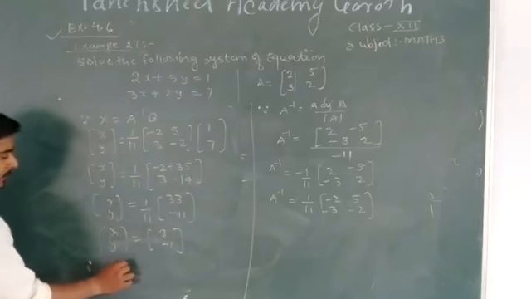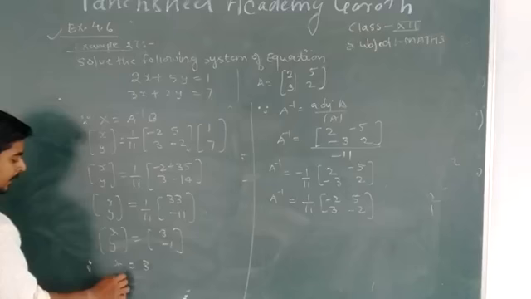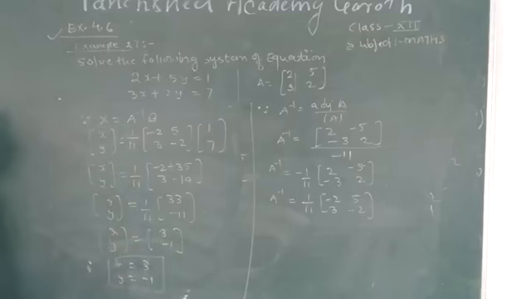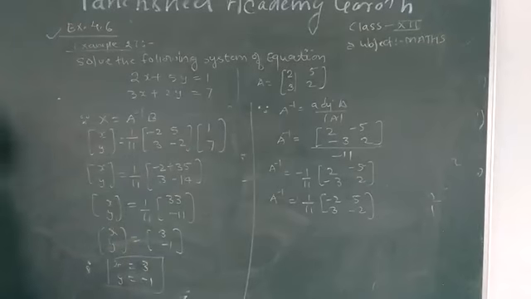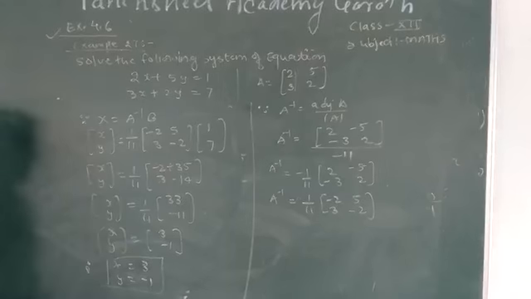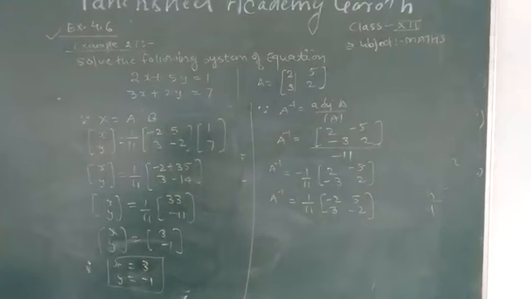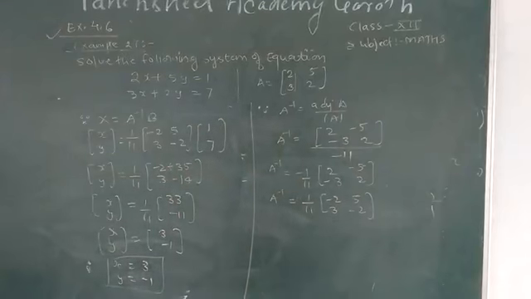Therefore, x is equal to 3 and y is equal to minus 1. These both are the answer of the given equation. इस तरीके से कि हमारे पास जो इक्वेशन आई थी उसके लिए हमने सॉल्यूशन फाइंड कर लिया है. अब इसके बाद हम देखते हैं यहाँ पर हमारे सामने क्वेश्चन नंबर एग्जांपल नंबर सेकंड है. सेकंड एग्जांपल के लिए हम सॉल्व करते हैं.